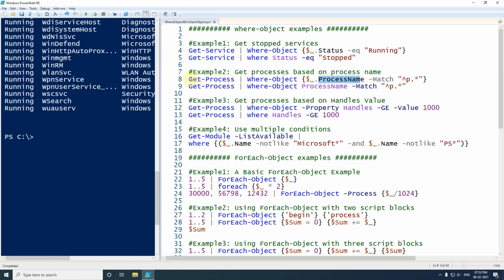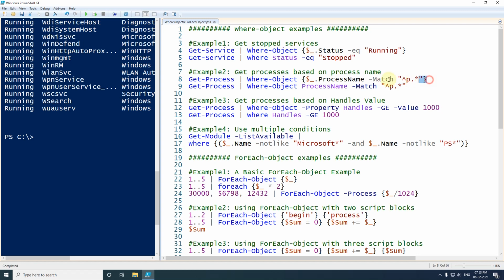First I am getting a list of all the processes in the system, and after that I have used the Where-Object cmdlet again, and in the script block I am again using the property and property value. The property will be ProcessName, and I have used match here. Match is nothing but an operator which is used to check any regular expression. Wherever it matches this regular expression, we will get that particular process.